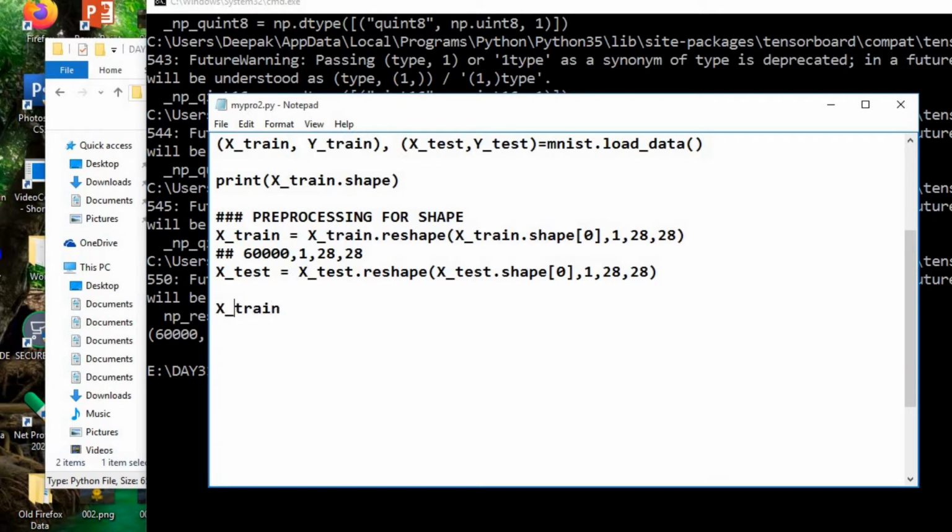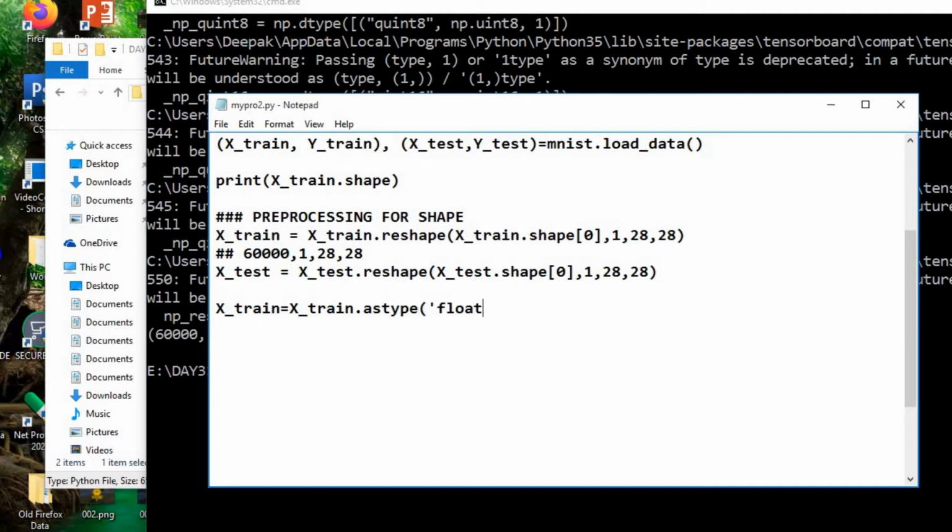In a similar way that we have arranged x_train, x_test will be arranged. We don't know how many images there are, so again you can use the print function to understand the shape of x_test also.